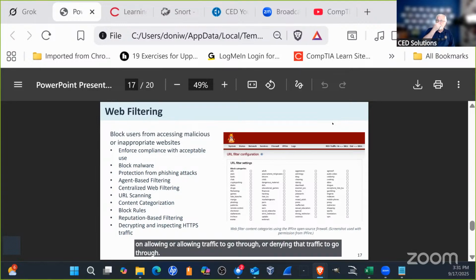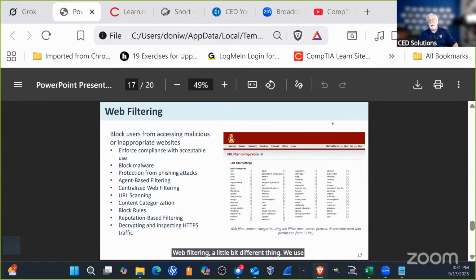Okay. Web filtering, a little bit different thing. We use web application firewalls. Web application firewalls are designed to basically evaluate HTTP traffic, your hypertext transport protocol traffic. Some of your web filtering systems are very sophisticated as well. They now can change content. They can set up rules that block inbound HTTP requests based on looking at the data that's included in the request. They have the ability of decrypting and encrypting real time traffic if they're using the HTTPS protocols,